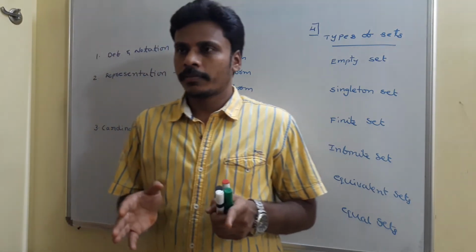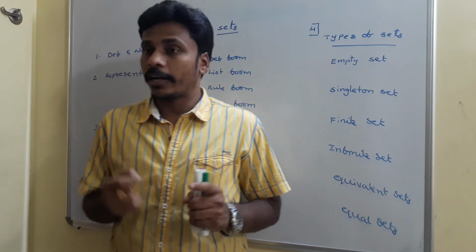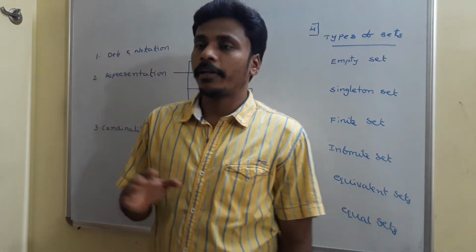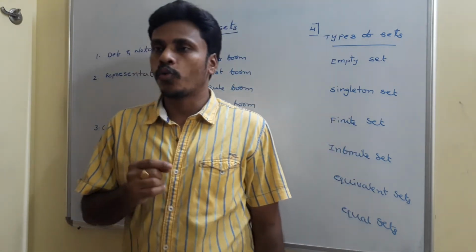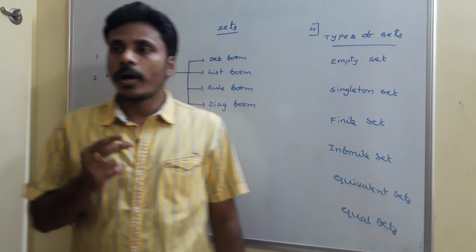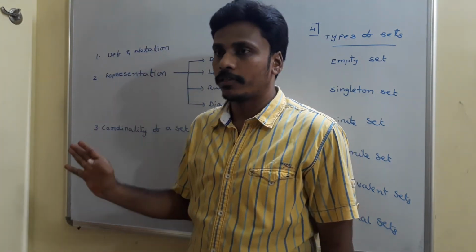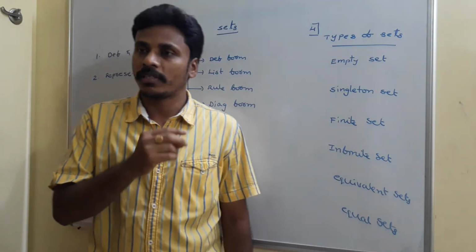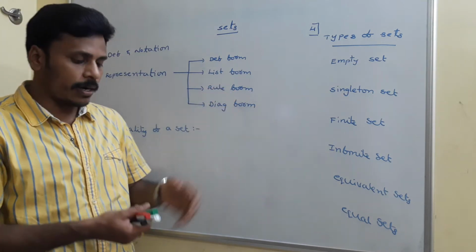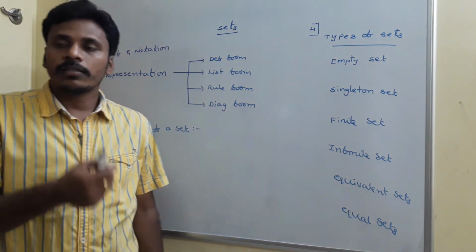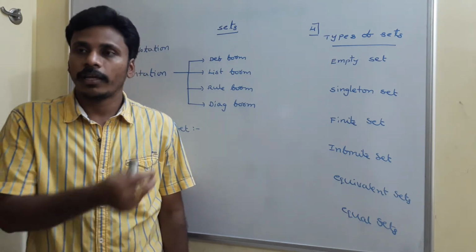Good afternoon, students. In the last class, we just started sets. Related to the sets, in the first point, I mentioned the definition and the basic notation of sets, how to represent, how to identify the elements and everything. Whereas in the second point, it's completely related to the representation of sets. There are different forms to represent a set, and those forms are like definition form, list form, rule form, and diagrammatic form. I mentioned different examples to convert from one form to the other in the last class.